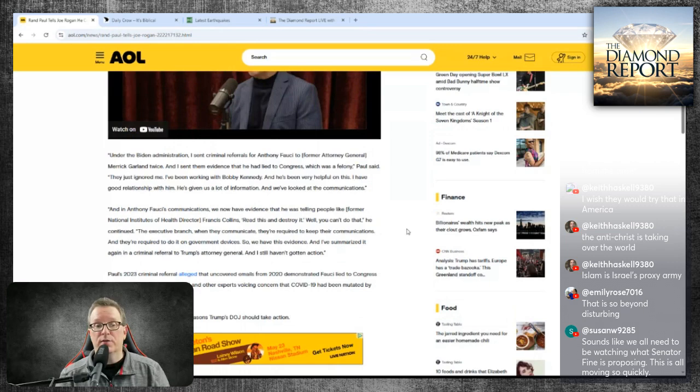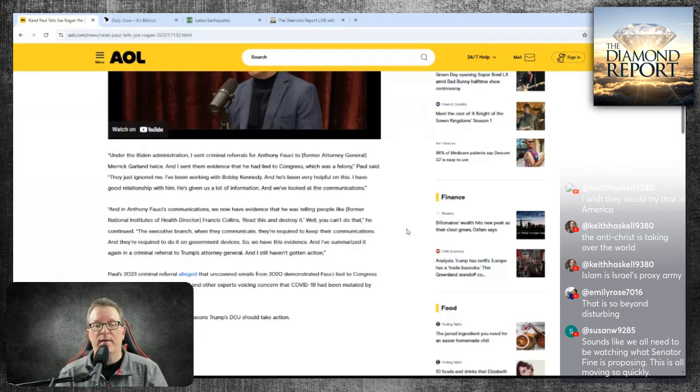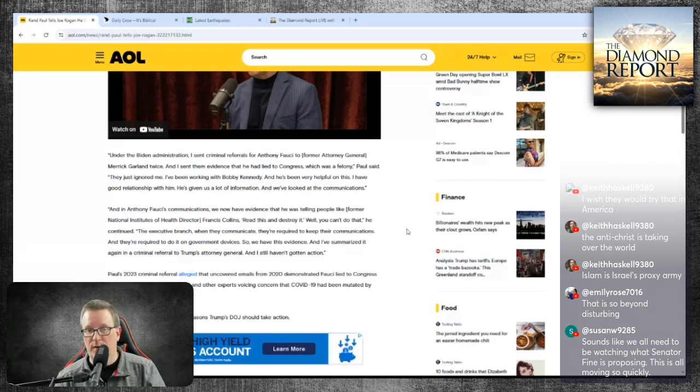Under the Biden administration, I sent criminal referrals on Fauci to former Attorney General Merrick Garland twice. I sent them evidence that he had lied to Congress, which was a felony, Rand Paul said. They just ignored me. I've been working with Bobby Kennedy. He's been very helpful on this. I have a good relationship with him. He's given us a lot of information, and we've looked at the communications. And in Anthony Fauci's communications, we now have evidence that he was telling people like Francis Collins, more about him in a minute,